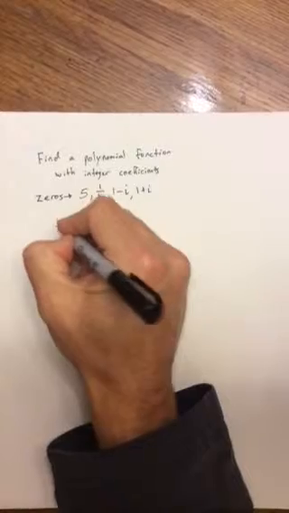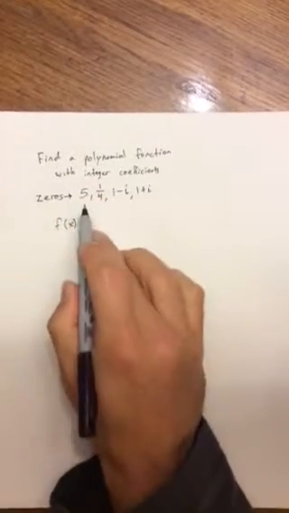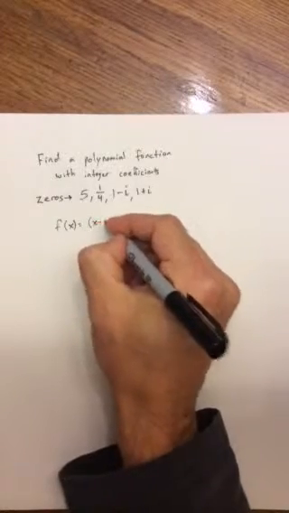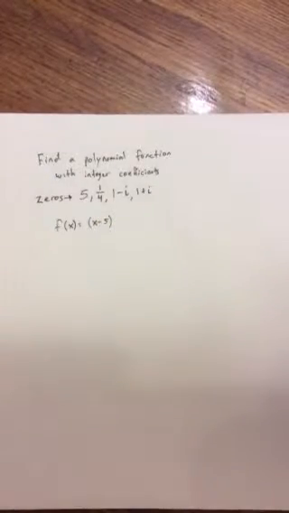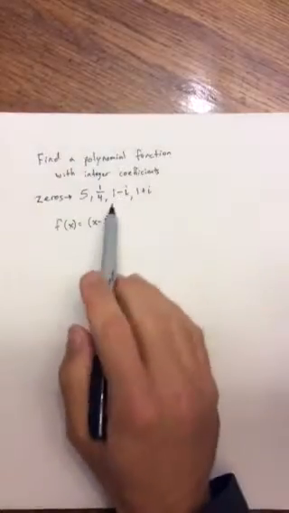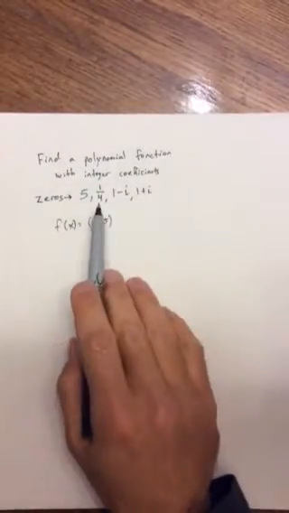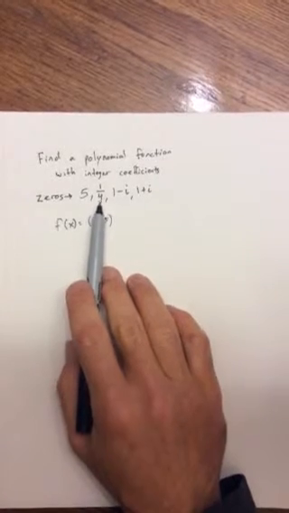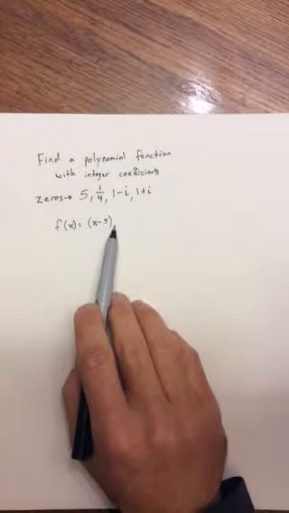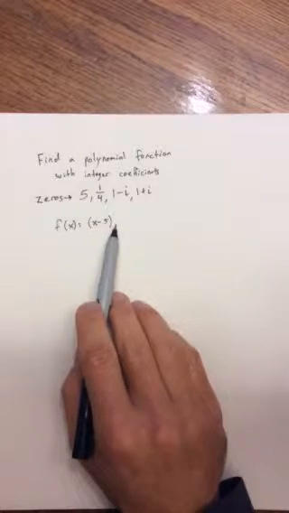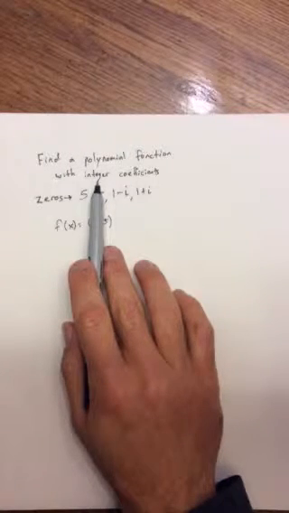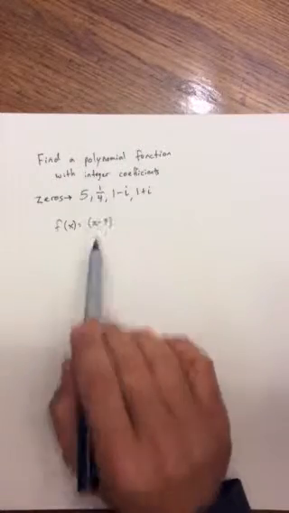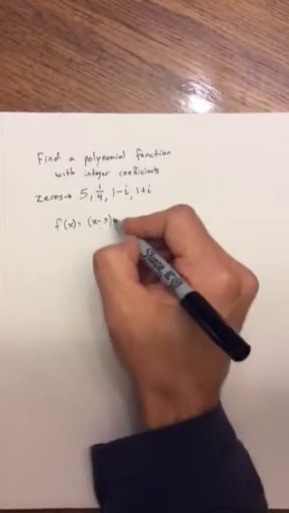Well, first off, this one should be the easiest of them all. If 5 is a 0, x minus 5 is its factor. This is where you have to be careful based off the directions. You have 1/4 here, okay? You do not want to write its factor as x minus 1/4 because that's not an integer. If you FOIL this out, you are going to get fractions which are rational numbers. So you want to write it as